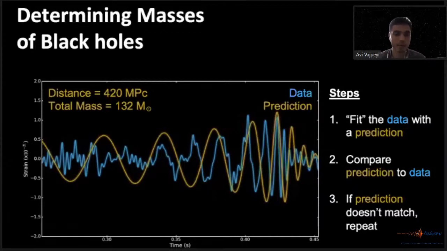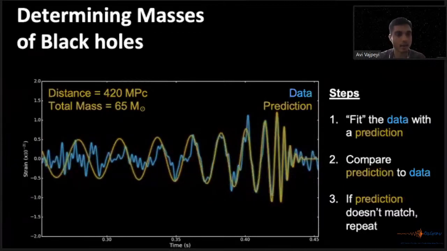The prediction seems to be becoming a little better. Let's repeat this. Okay, so now we have a distance of 420 and a total mass of 65, right? And this line seems to be kind of matching up with the data. Our prediction seems to be kind of matching up with the data, right? Okay, so now that we have these two parameters done, the distance and the total mass, we can also adjust